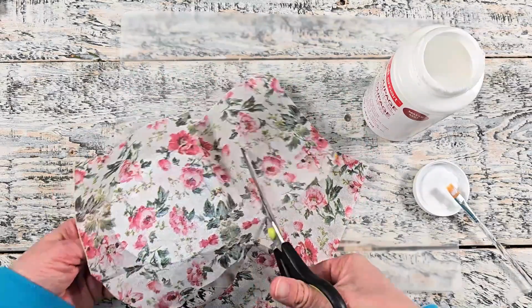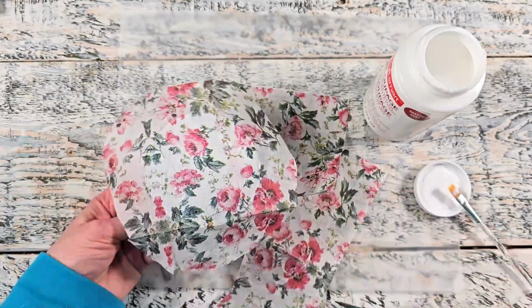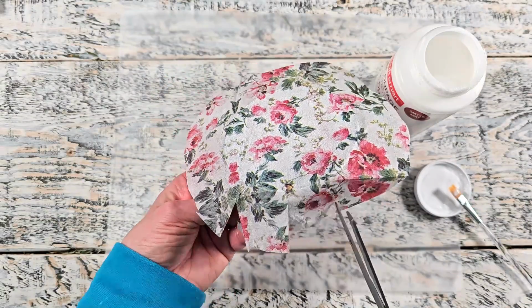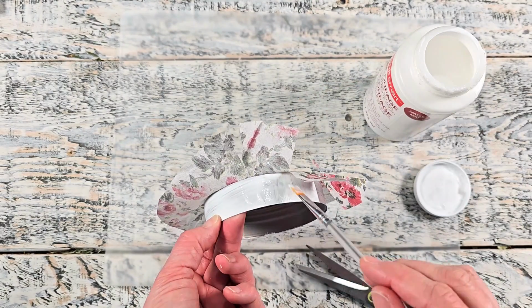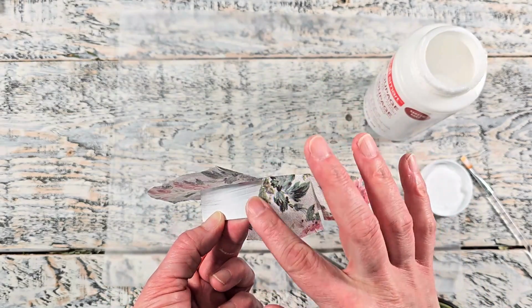I'm going to be trimming off the excess here now, and then I'm going to be working on the sides. So once you've got all that trimmed off, I'm going to add some slits to the edge just to create little sections around the edge. And then I'm going to add some glue to the edge and put the little section down into the glue and add some glue over top of that. I figure that way I won't have too many wrinkles if I did it this way, and